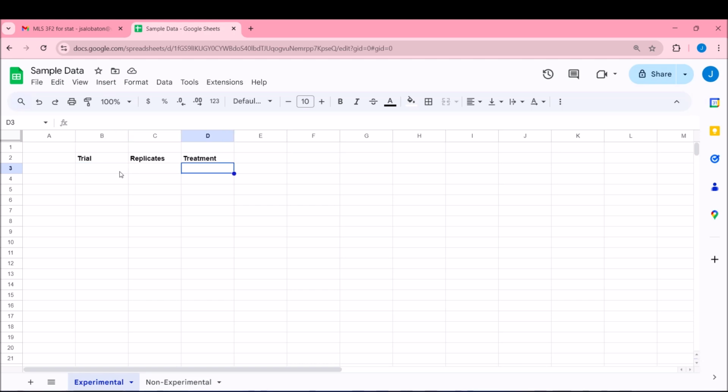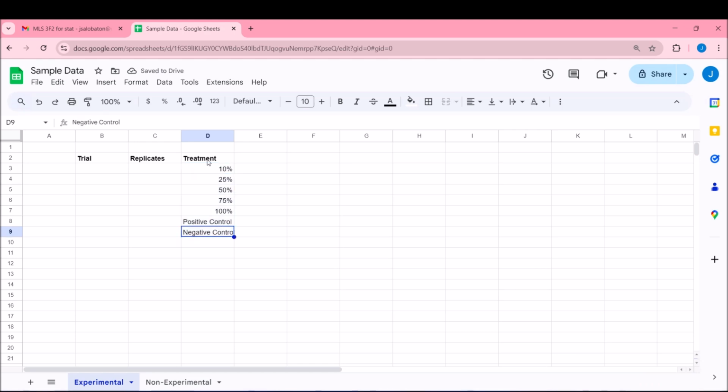And for the treatment, usually let's say there's your 10%, there's also the 25%, 50%, 75%, and then you have your 100% sometimes if there is, and then you have your positive control and your negative control. Whatever those are, these are your treatments.